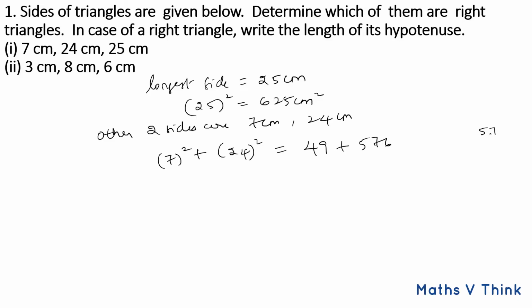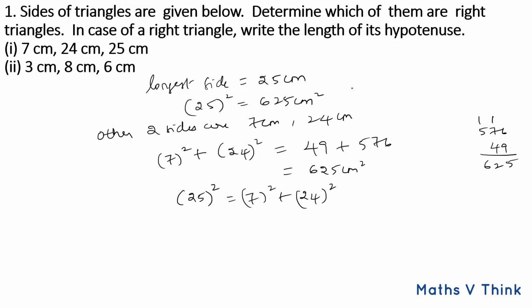Adding both, 576 plus 49 is 625 centimeter square. So now can I tell that the square of one side is equal to the sum of the squares of the other two sides? You can see here 625 is equal to 625. Therefore, it is a right triangle